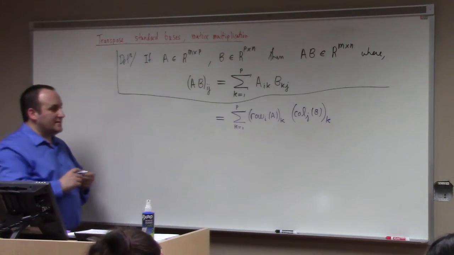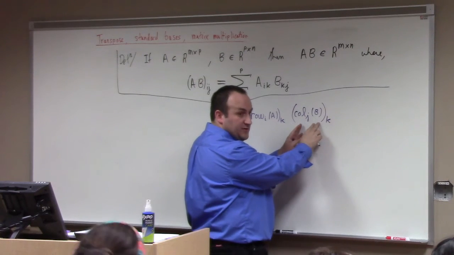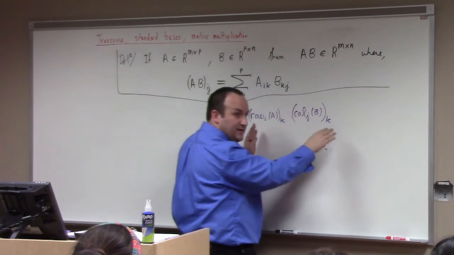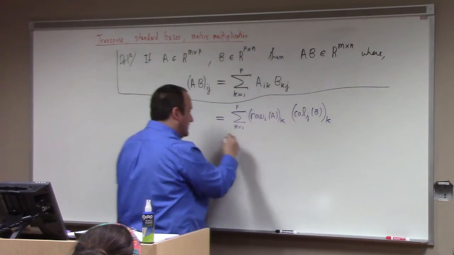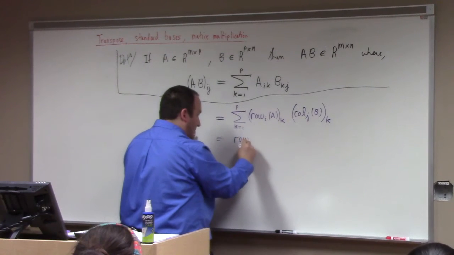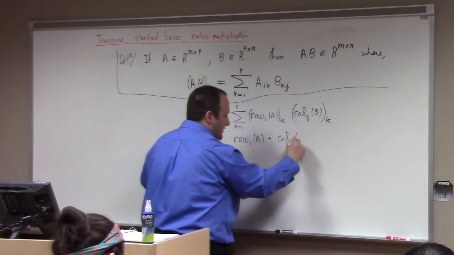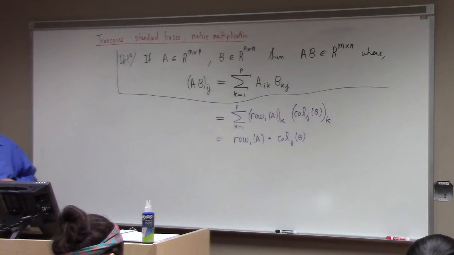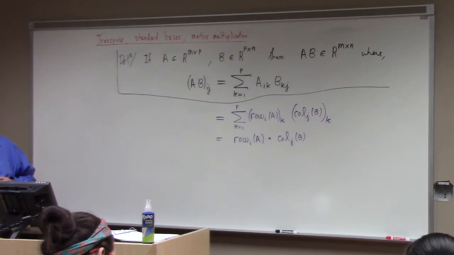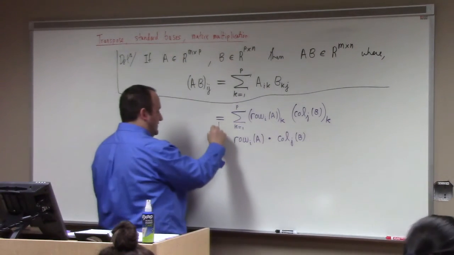Then this thing right here, where you take the kth component of row i and multiply it by the kth component of column j, and you add those up going from k to p, is called the dot product of the ith row of A and the jth column of B. This is exactly what we mean by dot product. Just for the sake of not being overly pedantic, I'll allow us to take dot products of rows and columns as long as they have the same size. So going from here to here is just a definition.